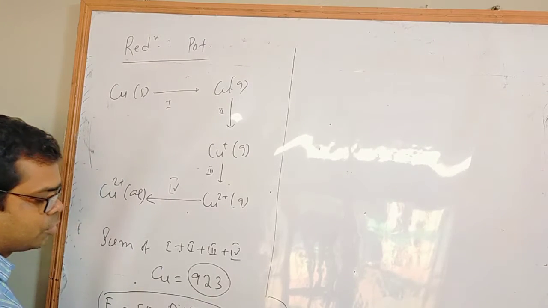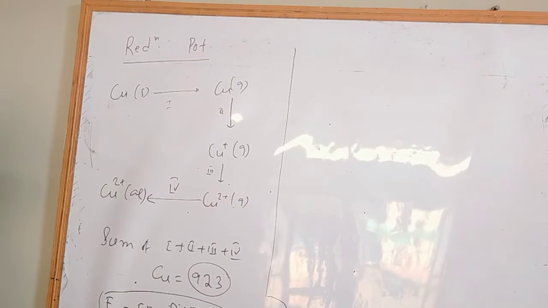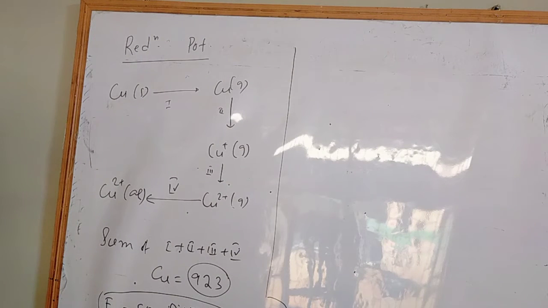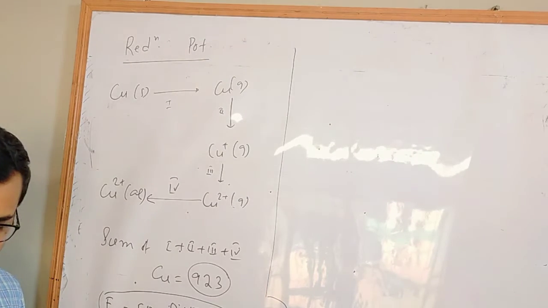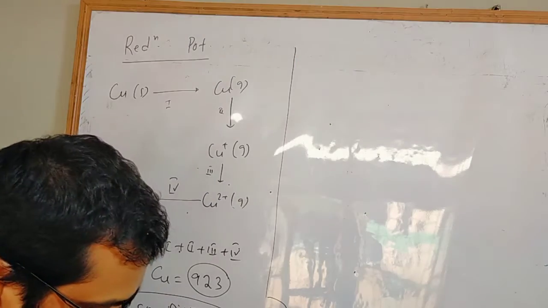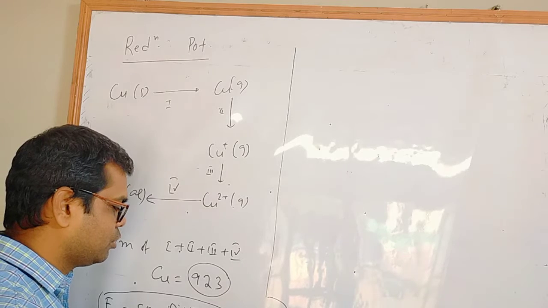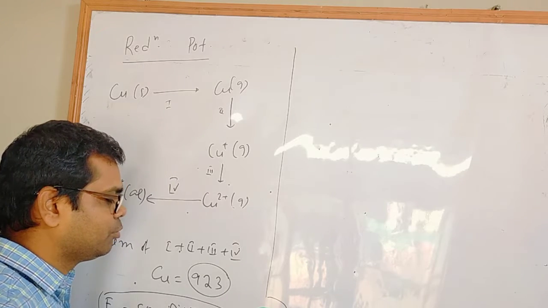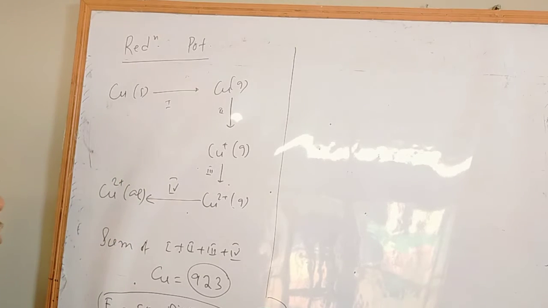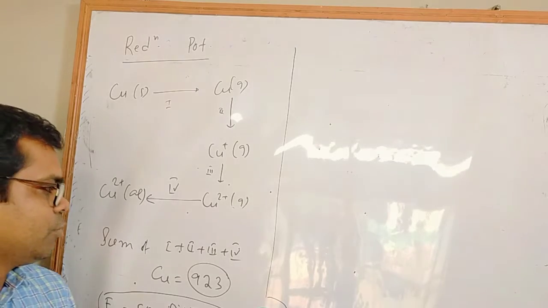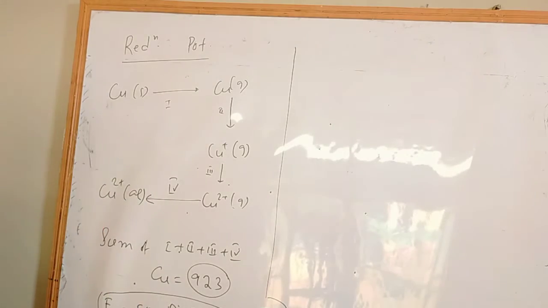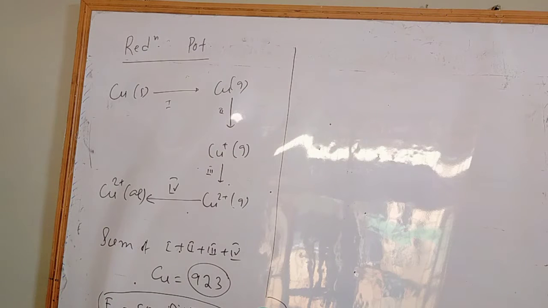The reduction potential of copper is 0.34. So for the rest of the transition elements, the reduction potential is negative, but only for copper the reduction potential turns out positive. That is why all of them have reduction potential less than hydrogen, but only copper has reduction potential more than hydrogen. Note down up to this.